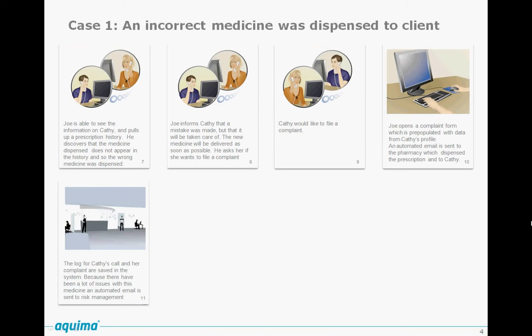Joe is able to see the information on Kathy and pulls up prescription history on the system, and discovers that the medicine prescribed does not actually appear in the history, and presumes that the wrong medicine was dispensed to her. So Joe informs Kathy that a mistake has been made and it can be taken care of, so a new medicine can be delivered to her as soon as possible, and then asks whether she wants to